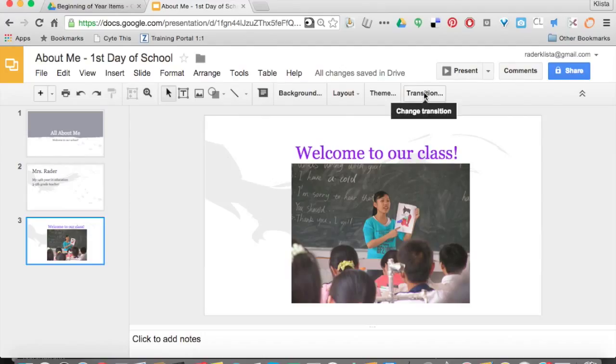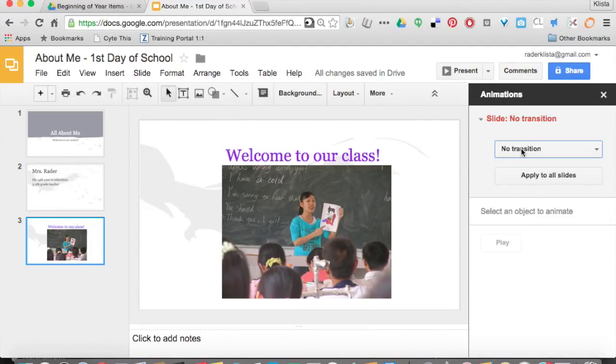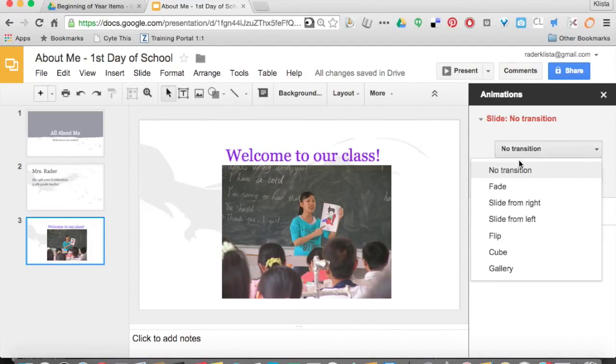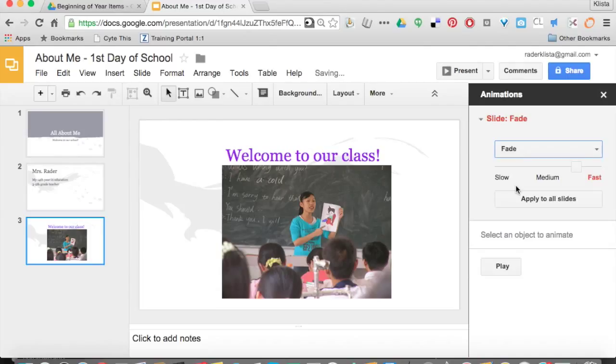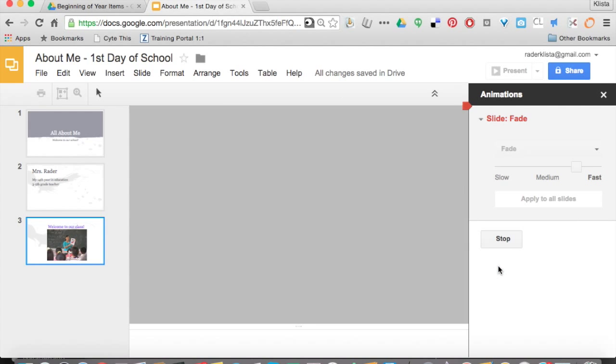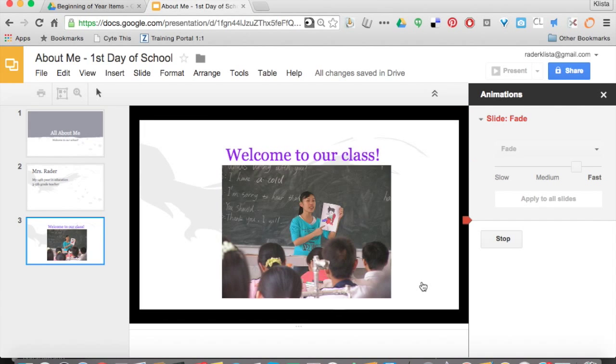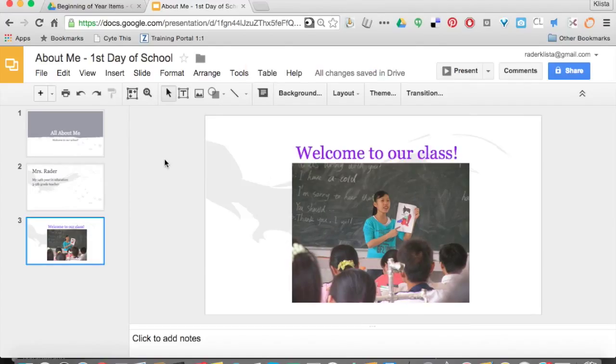I can add transitions in there if I would like to, and my transitions can just be a fade. I can apply to all slides, and then if I play, this is going to give me a little bit of a preview of what that will look like. Okay, notice that I haven't saved anything yet, but in Google Drive I don't have to, because